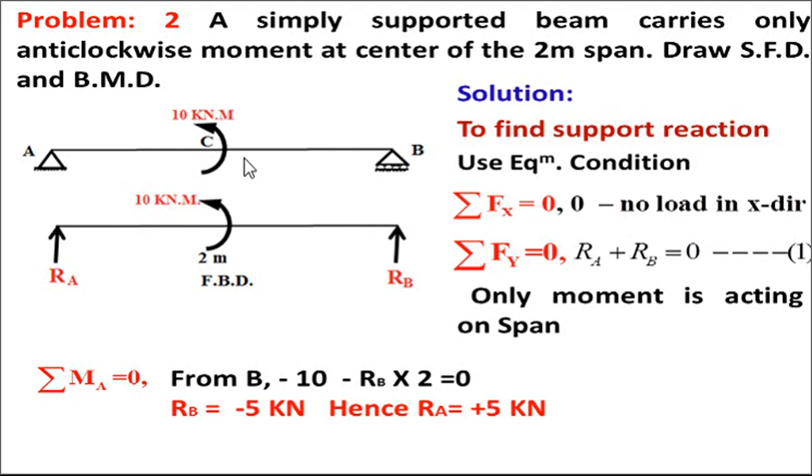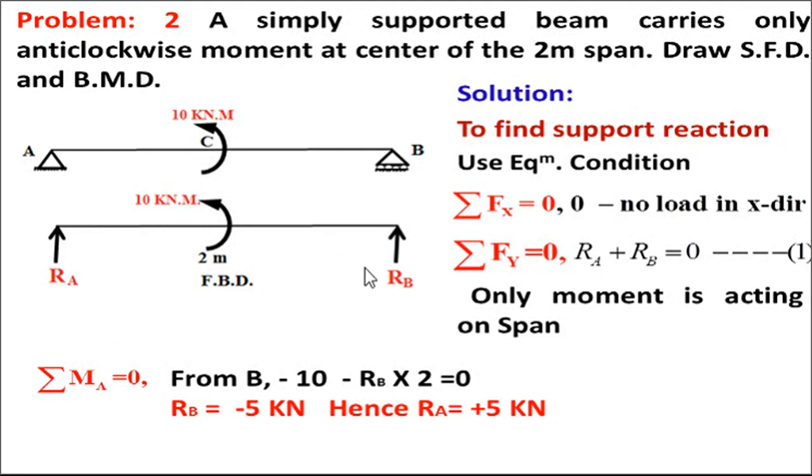You can draw SFD and BMD for a clockwise moment also, no problem. The effect will be the same, only the nature will be different. Now, first of all, we have to calculate the support reactions. So draw the free body diagram. Remove this hinge point, there will be one unknown. The second will be the horizontal, but it will be 0. That's why I have not shown horizontal here under the hinge, because the hinge offers two unknowns and the roller offers one unknown. The roller offers one unknown, that is reaction RB. The hinge offers two, vertical and horizontal, but X is 0. I have shown here X as 0.